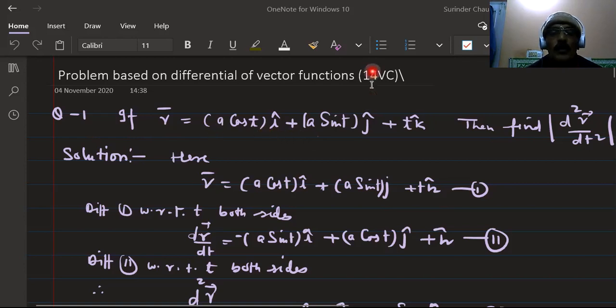Here, the components of a vector point function are all scalars. All scalars means, let me take this example. Let r is equal to a cos t i plus a sin t j plus t k. Now this is a vector in three dimensions, and the x component is equal to a cos t, the y component is equal to a sin t, and the z component is equal to t. Now the components of any vector function are scalars. So,